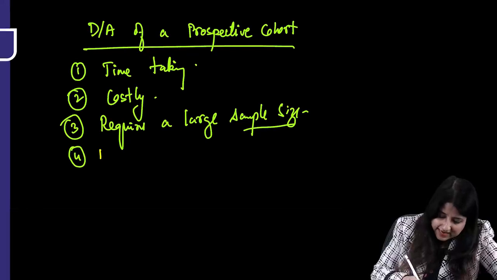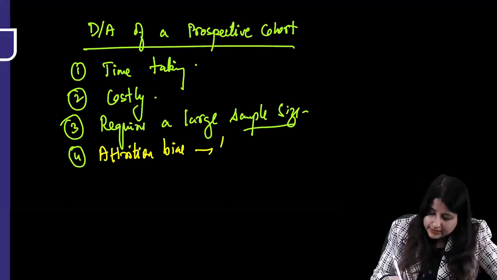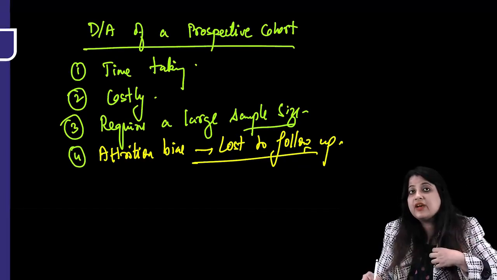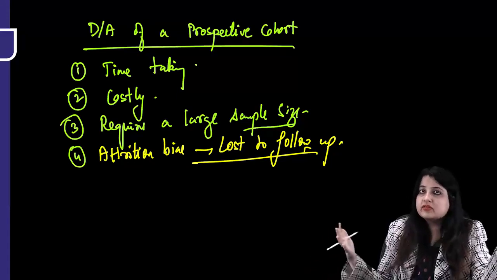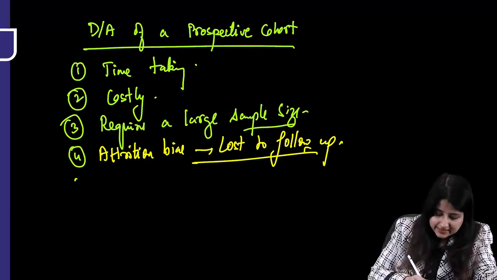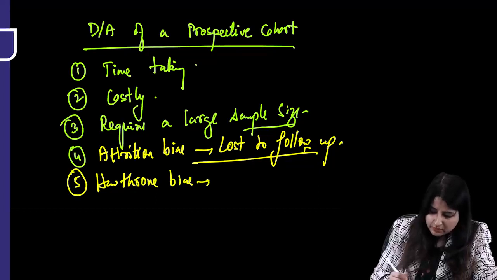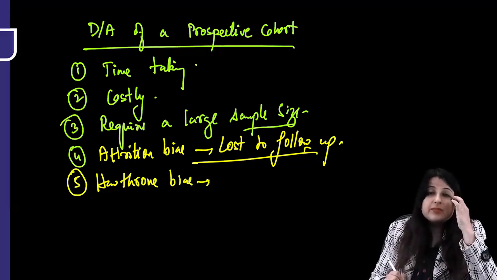Which is known as, you will see over here, attrition bias. We'll be revising bias also. That means loss to follow up. You started with 500 students and some of them disappeared. Loss to follow up. It is going to affect the outcome of my study. And fifth, there is also a very important bias seen over here, Hawthorne bias. What is Hawthorne bias? Now, if the participant comes to know that he is being observed,